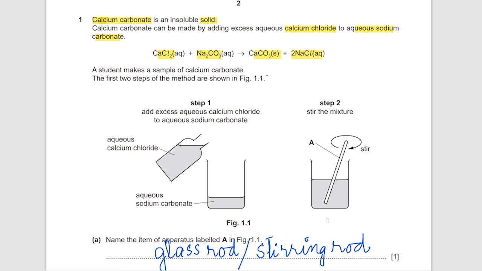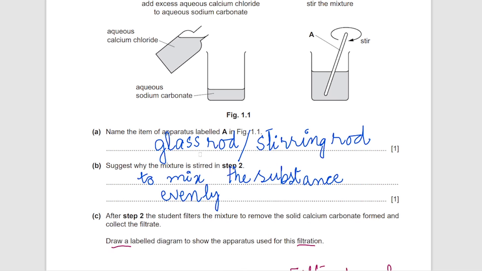So this is the apparatus, the procedure which they have shown us and asked the question. Name the apparatus labeled A. So this one is the apparatus labeled A, used to stir. This is the stirring rod or the glass rod. B part is: suggest why the mixture is stirred. In step 2, basically the stirrer is used to mix the substances evenly, so that's why this glass rod is used